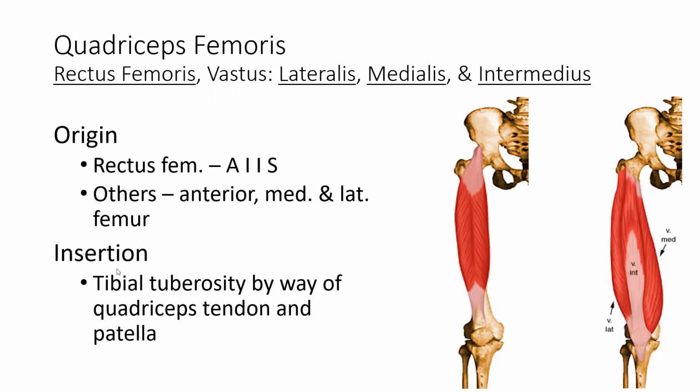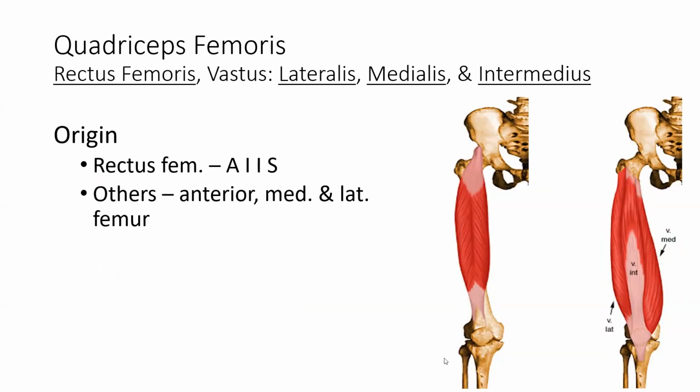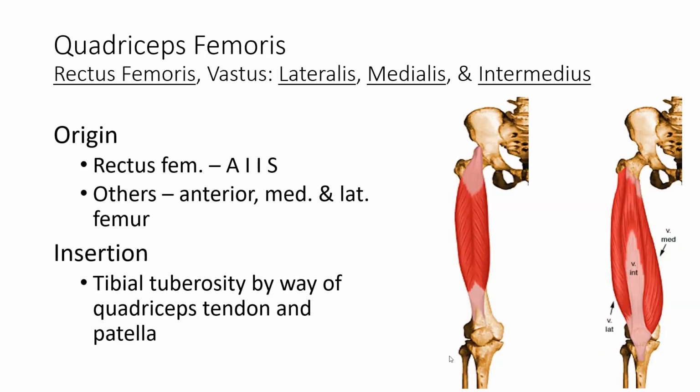And they all insert on the tibial tuberosity by way of the quadriceps tendon and the patella. So they attach to the quadriceps tendon, which attaches to the patella. There is a ligament that attaches the patella to the tibial tuberosity, but we call it the quadriceps tendon because the patella is a sesamoid bone that grows within that connective tissue. So that tendon really moves from the muscle to the tibia with the sesamoid bone in the middle to create additional leverage. This bone grows throughout our